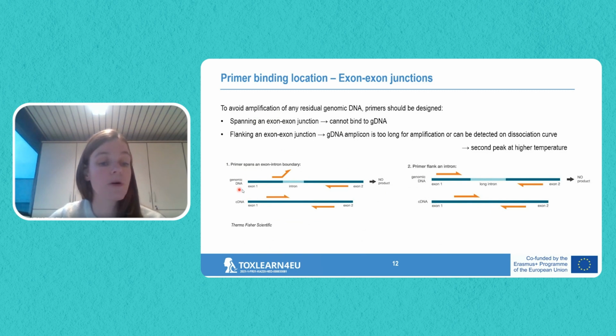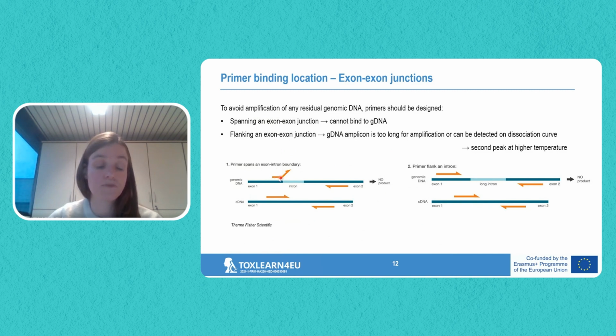So at the top, we have the sequence of the genomic DNA, where we have a first exon, then an intron, and then a second exon. In the cDNA, as this is derived from mRNA, where the introns have been spliced out, of course, the intron is gone. The two exons will immediately touch each other. And what will happen then is if you design one of your primers such that it is on this boundary between exon 1 and exon 2, this primer will no longer be able to bind on the genomic DNA, because